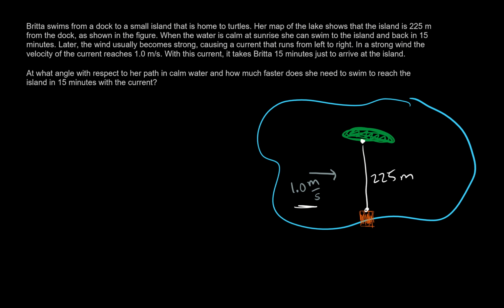So if she was swimming like she would in calm water, just straight towards the island here, with the current, that's going to veer her off course, right? She's going to end up going at some angle to the right if she was to face forward and just swim forward. Okay, so in order to reach the island in 15 minutes,